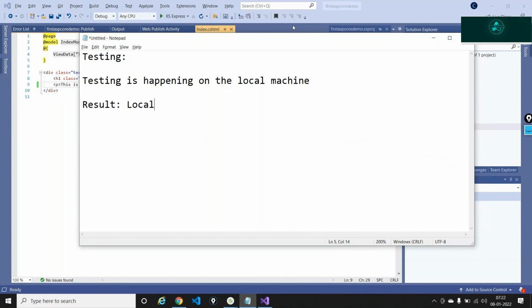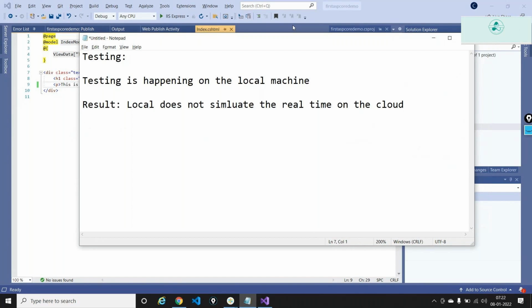Local machine does not simulate your real-time environment, the real-time environment that's running on the cloud. Local machine does not do this. Two is that I do not have a copy of my older code.